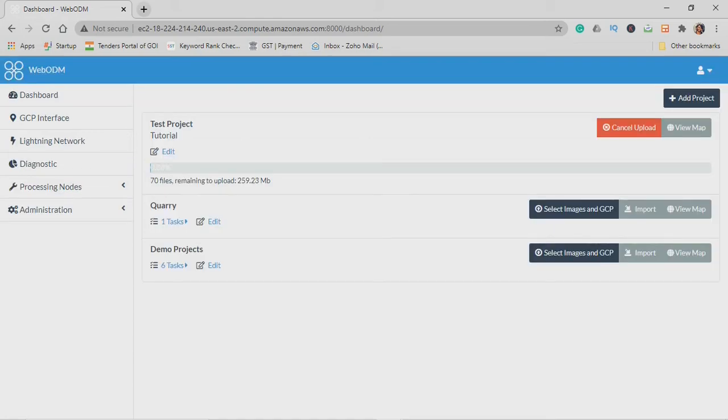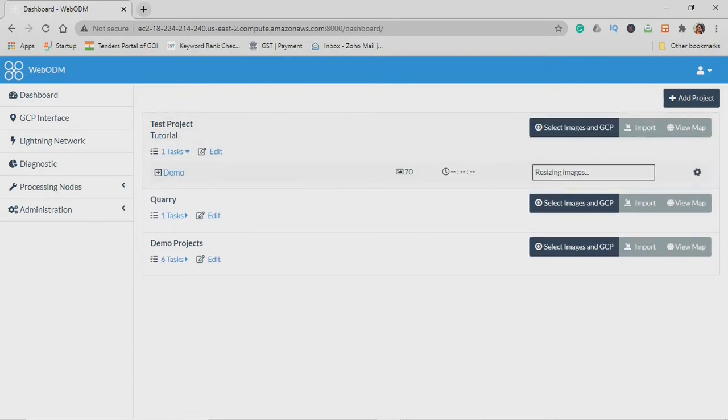Okay, now you can see that images are getting uploaded. And once it is done, see, it has started resizing these images.